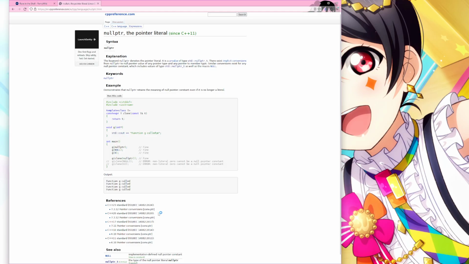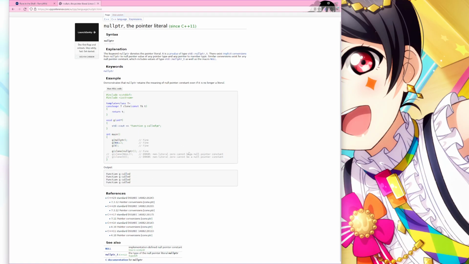Is it just nullptr? It's a prvalue of type std::nullptr_t. I guess I could just put that then. I feel like there's something else I was supposed to use, but I guess that works.